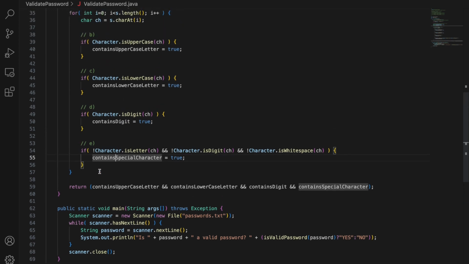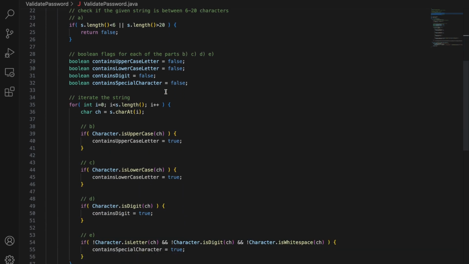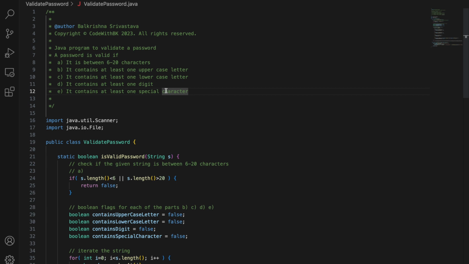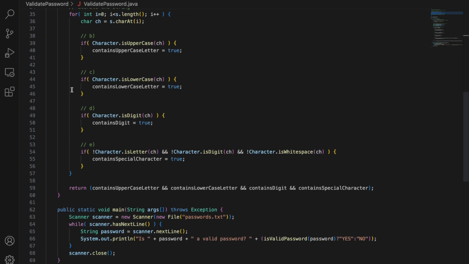And this was just to explain that if you get a question to validate a password, how you should be approaching it, because this parameter might change. The number of characters might be between 4 to 8, 10 to 20, whichever. And they may have one more requirement that it should contain a dot or it should contain a comma or something like that. So this is the approach that you should take if you get a similar question like this, because for different questions, the requirements for a valid password may differ from this. So you have to look at the requirements and solve accordingly, and this will give you a fair idea on how to go about it.